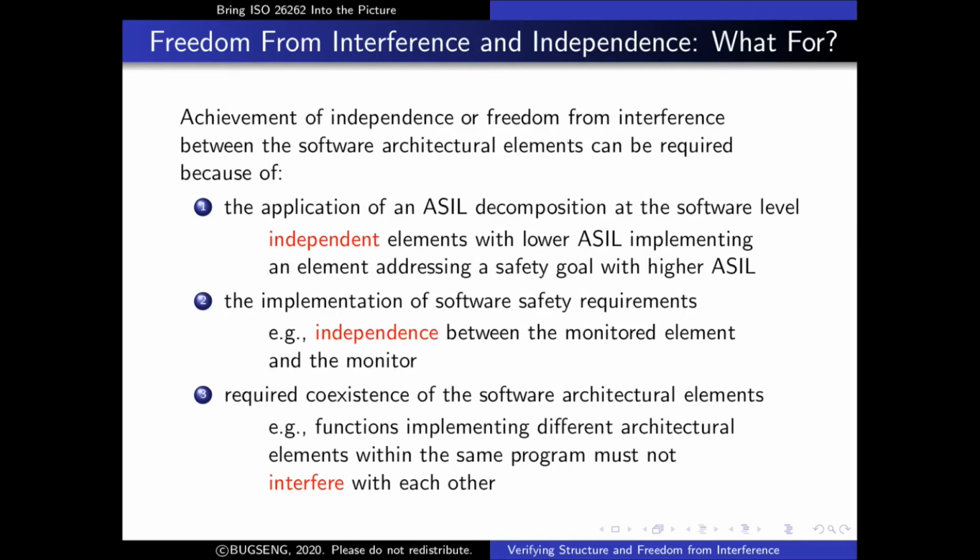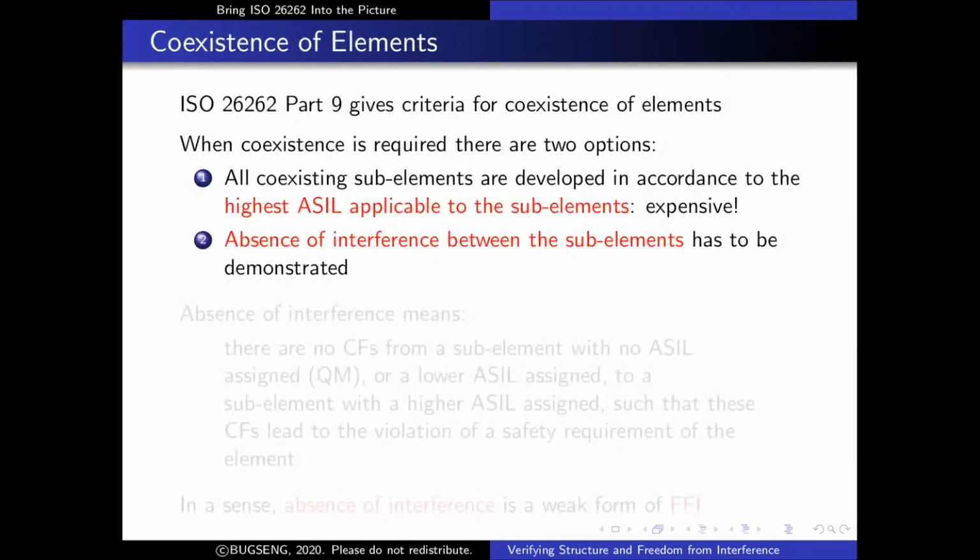So, for example, when we have functions implementing different architectural elements within the same program, we must make sure they do not interfere with each other in a way that is relevant for safety. So let us focus on this third point. There are criteria in ISO 26262 to tell you when you may have elements